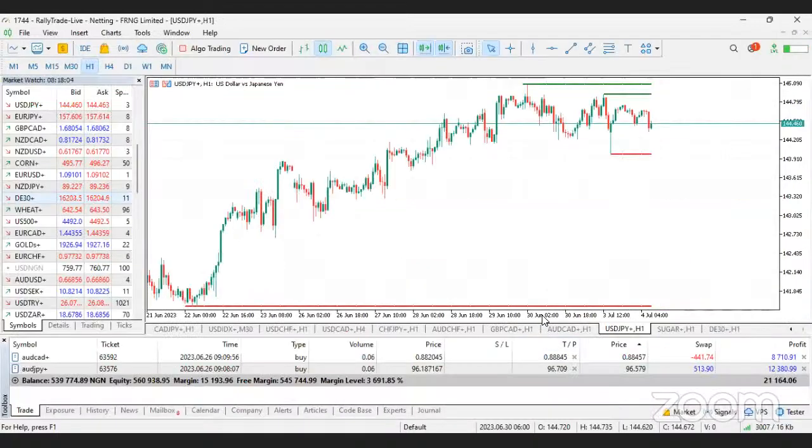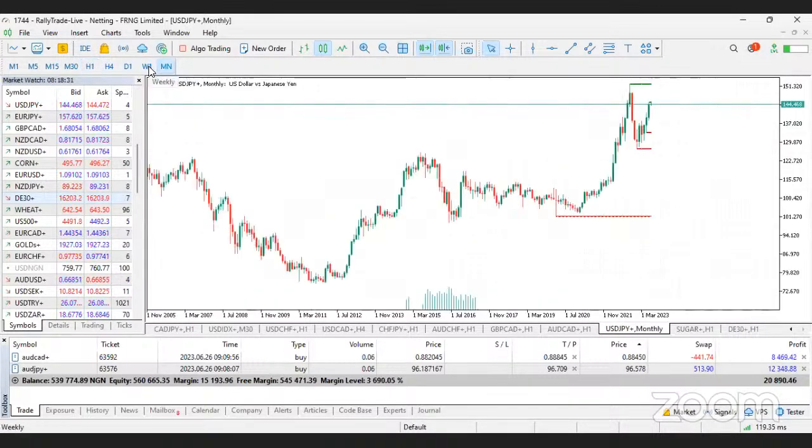Right. So I'm going to share my MT5 chart. Yes. So this is my MT5 account. And I'm going to start by analyzing USD JPY. All right. So the overall sentiment of USD JPY is a buy trade. If you look at it from any time frame you want to look at it from, starting from the monthly